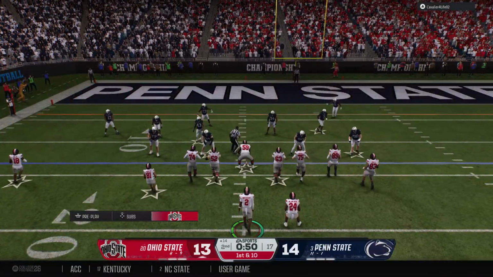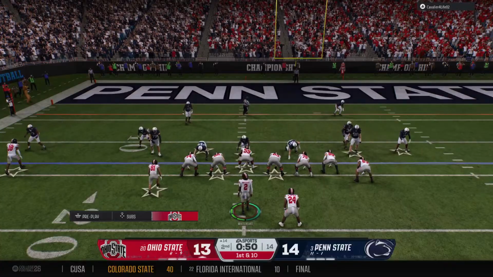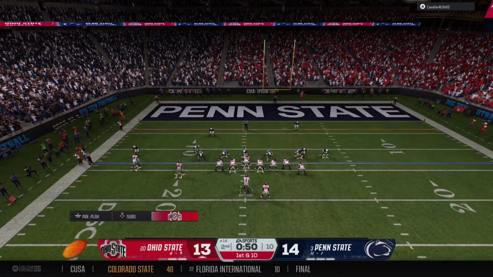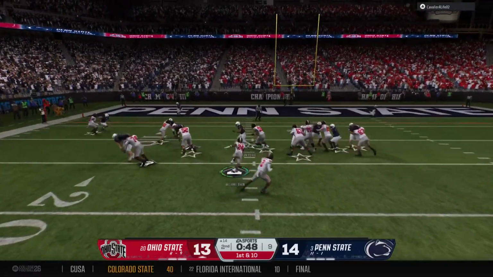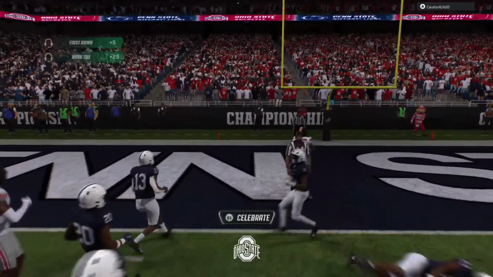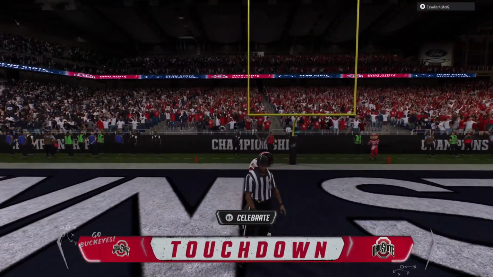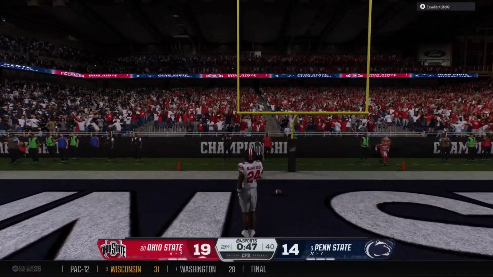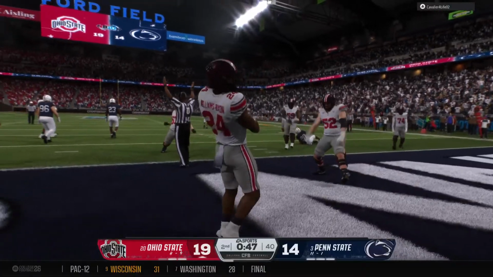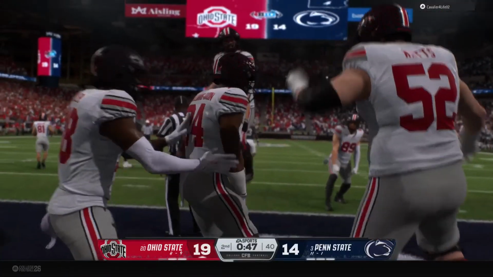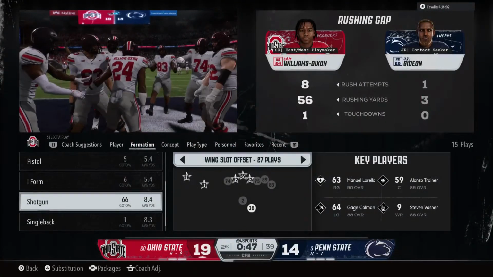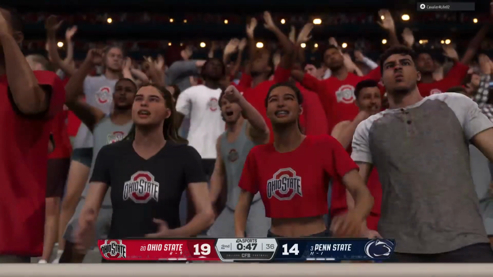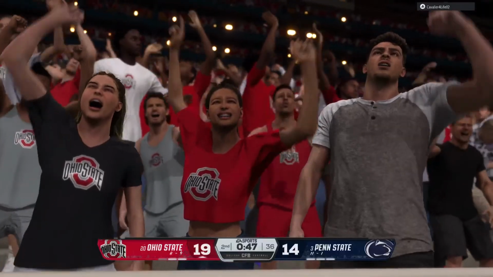The Buckeyes will line up on 1st and 10. The back's got it. Looking for the end zone, has a lane. And he could not be stopped. Touchdown, Ohio State. Chris, I know the back's going to get a lot of attention for this touchdown, but I was focused on the offensive line. You had 5 guys working as one. Great communication, able to get up to that second level and open things up nicely to allow the back into the end zone.